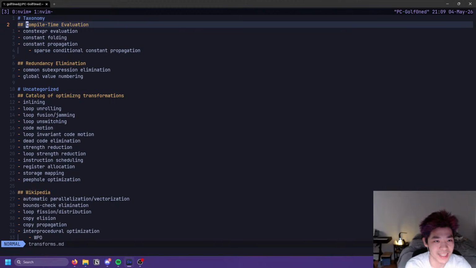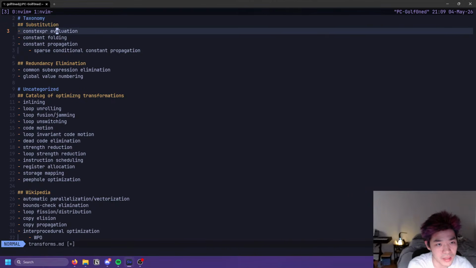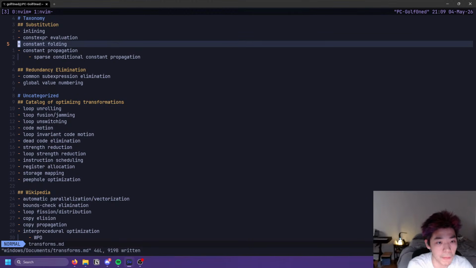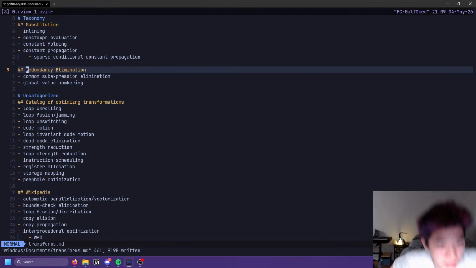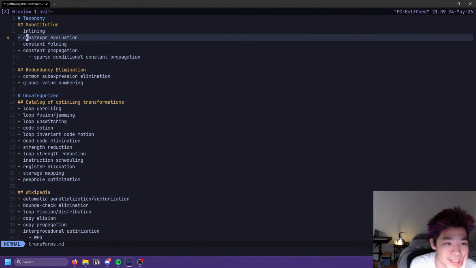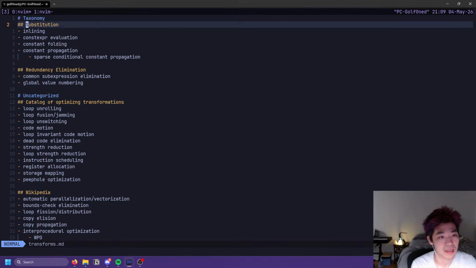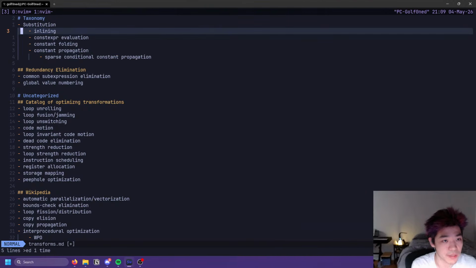I guess we could categorize this as substitution, maybe? And then that means we can also throw inlining in here as well. But this also fits under there, I don't know. Yeah, let's actually format it like this instead